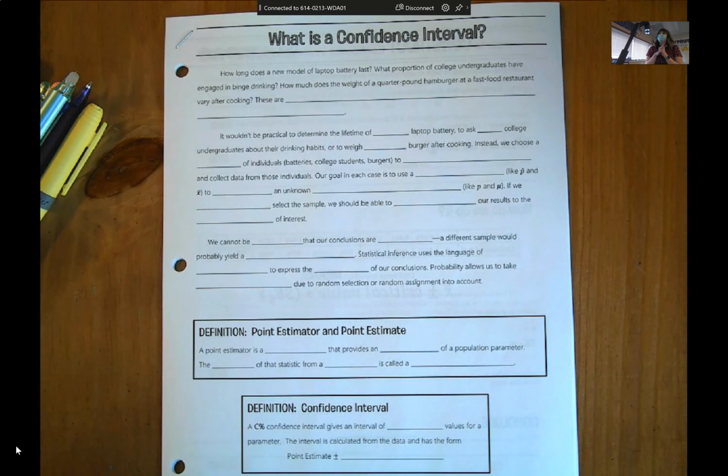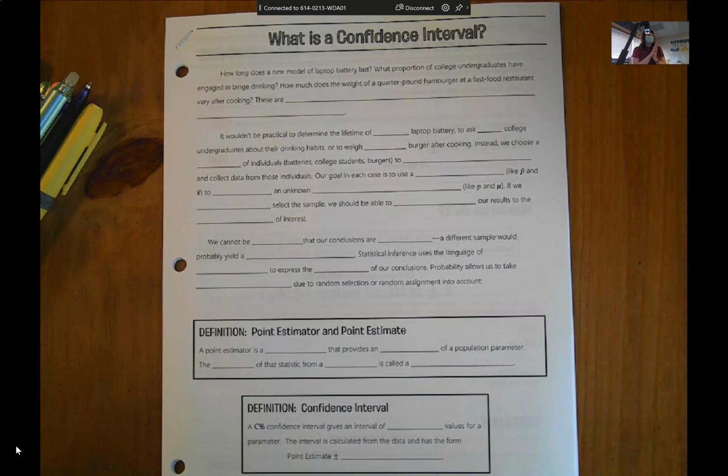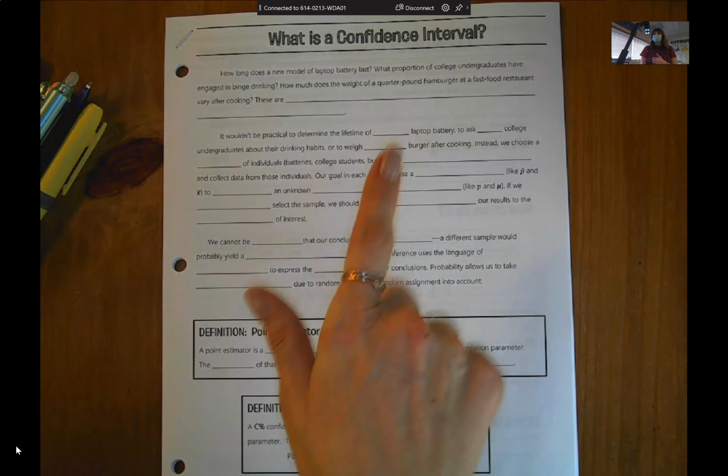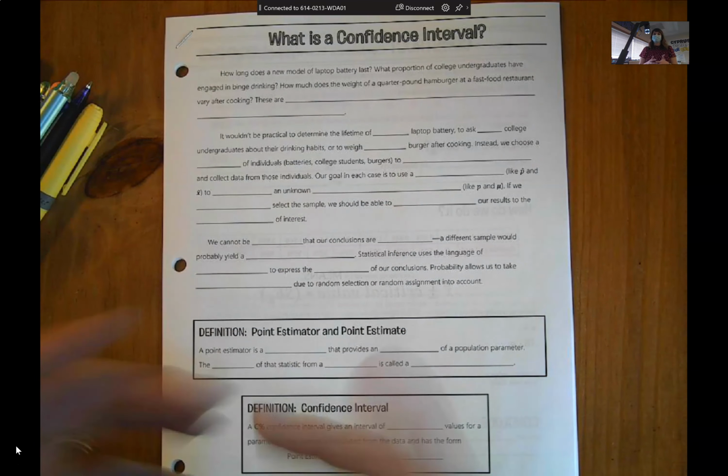Okay, so we're starting Unit 6, and Unit 6 builds on Unit 5. So I had somebody ask me last class period, do you think I should retake the exam, or do you think I should do corrections? And that's an interesting answer, because we go through Chapter 5 so that we have what we need to do this unit and the next unit.